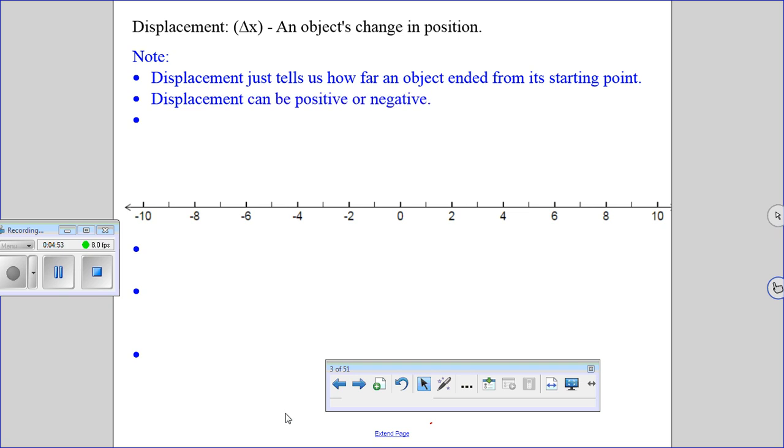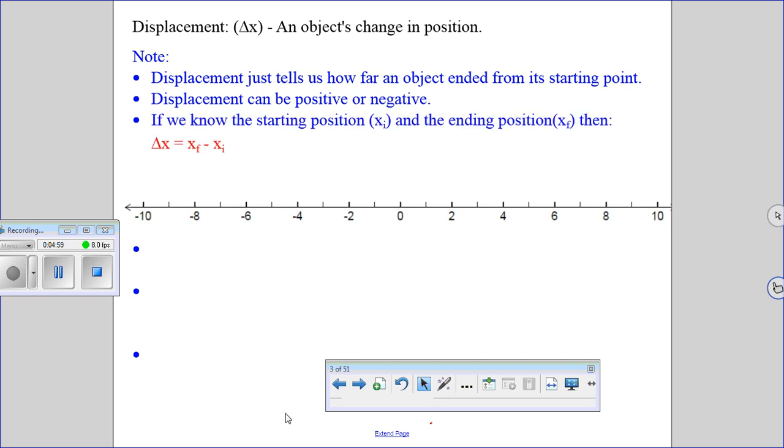Next thing, displacement, much like position, can be either positive or negative. All right, and if we know the starting position and the ending position, then displacement, notice the symbol for displacement. The symbol for displacement is delta x. So hopefully from chemistry you know that delta means change in, x means position, right? Okay, so